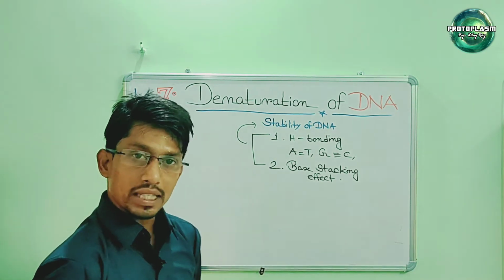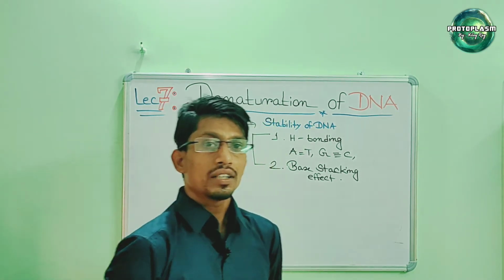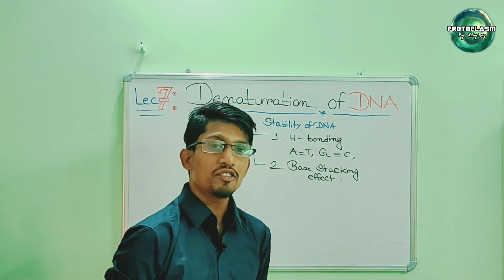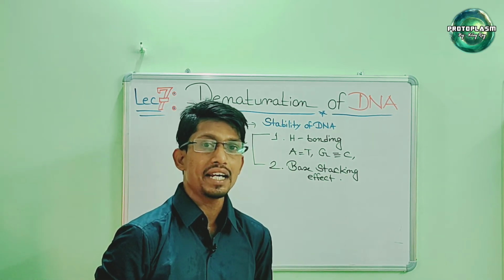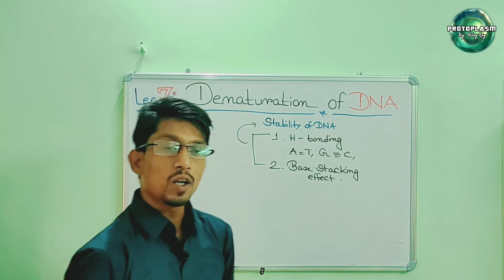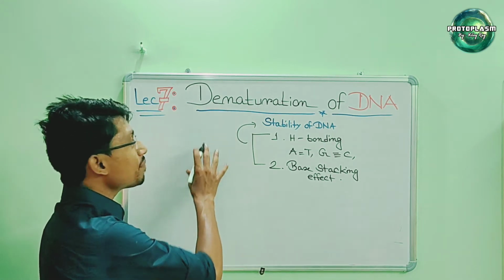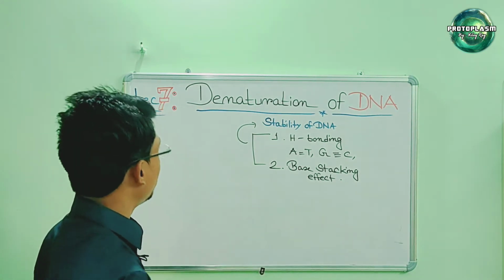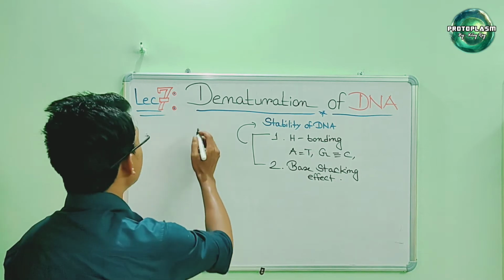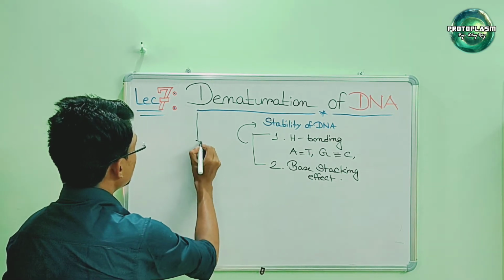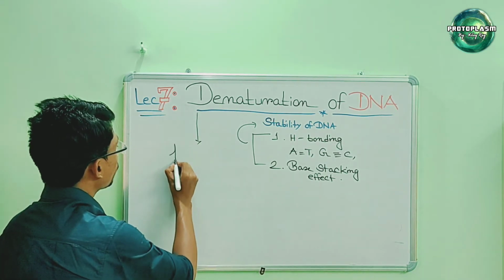Denaturation is a process by which the double helical conformation of DNA molecules is lost and the DNA becomes single stranded. So denaturation is defined as a process